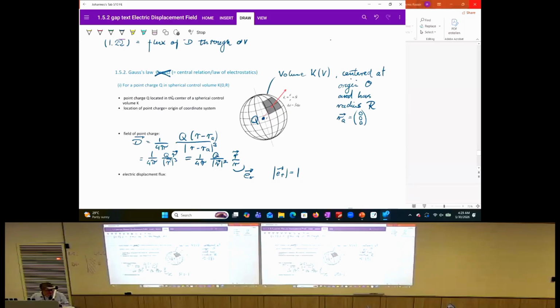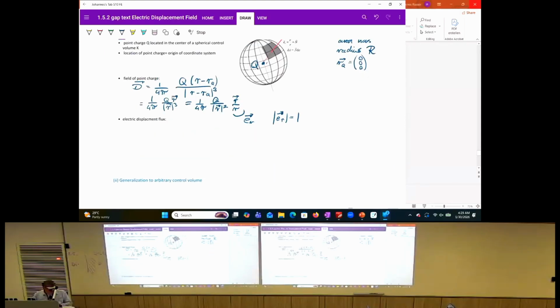So everything is here in spherical symmetry. So in particular, the unit vector here is oriented in radial direction. So what is the displacement flux? So we integrate over the closed surface of this volume K. Yeah, so this is our displacement field,